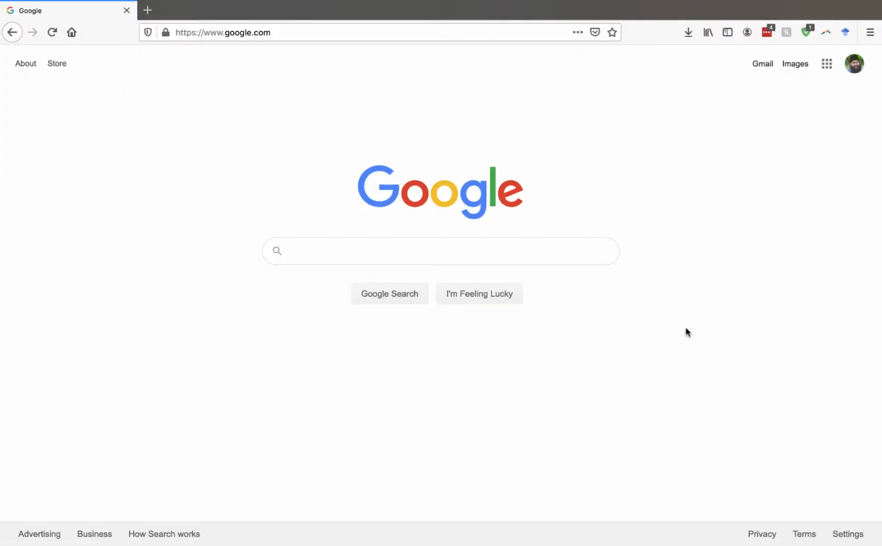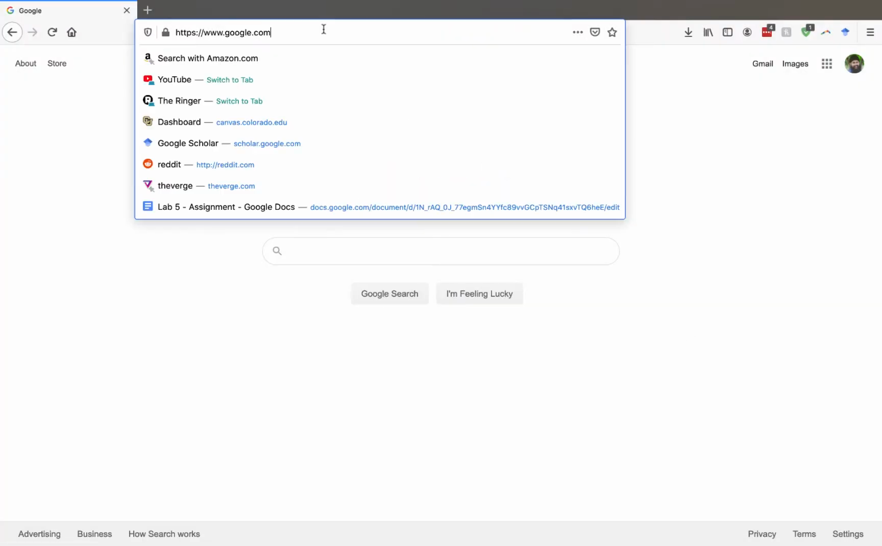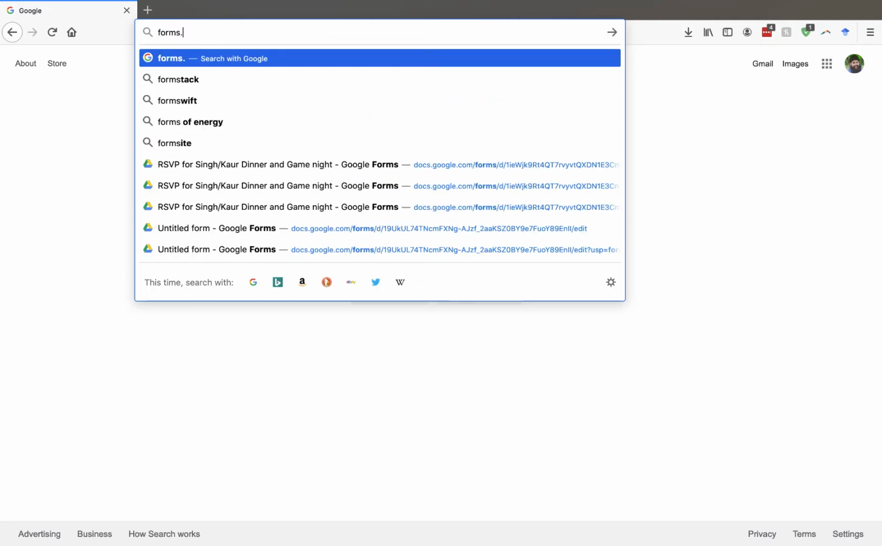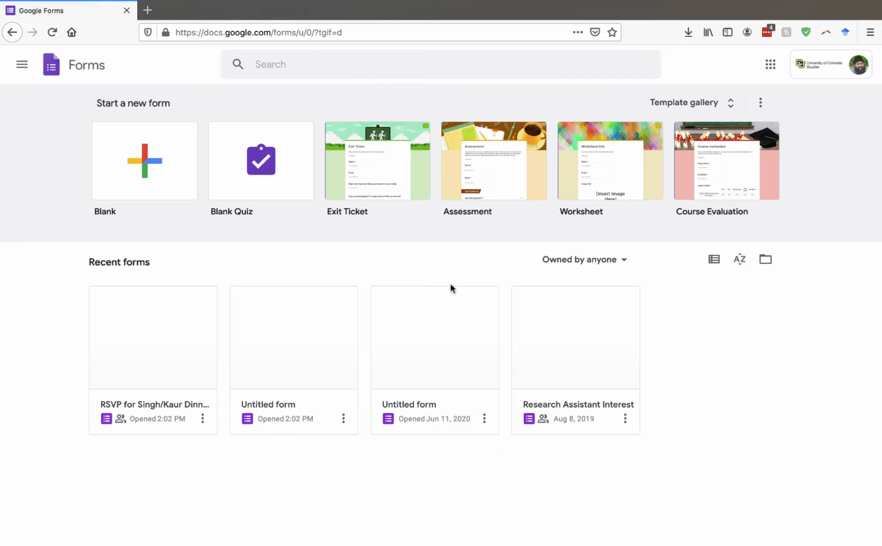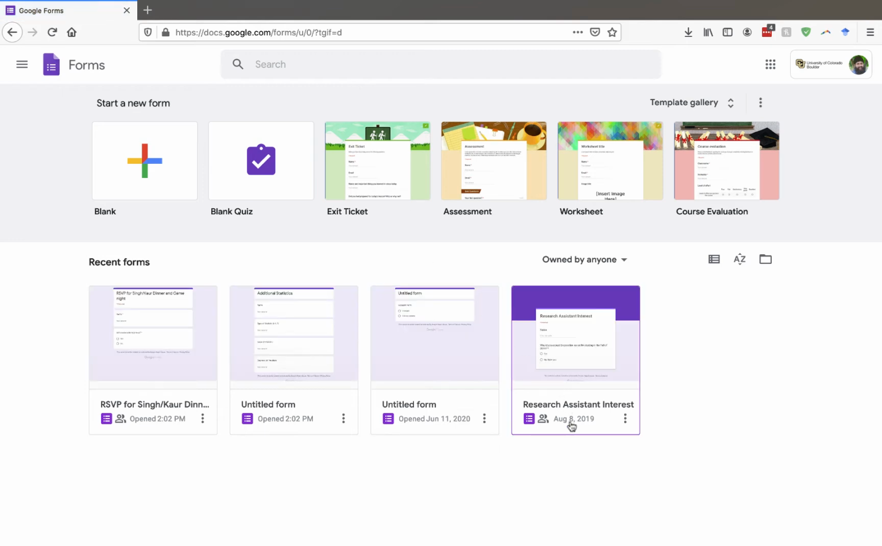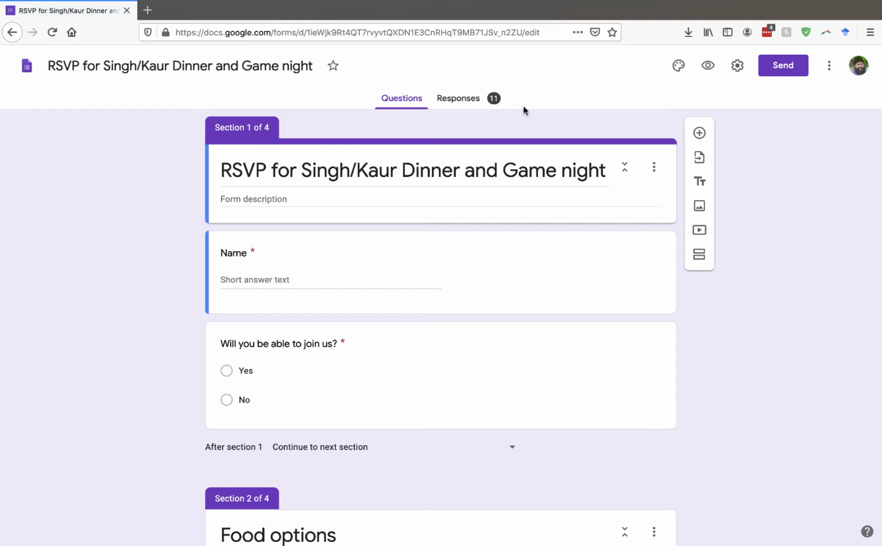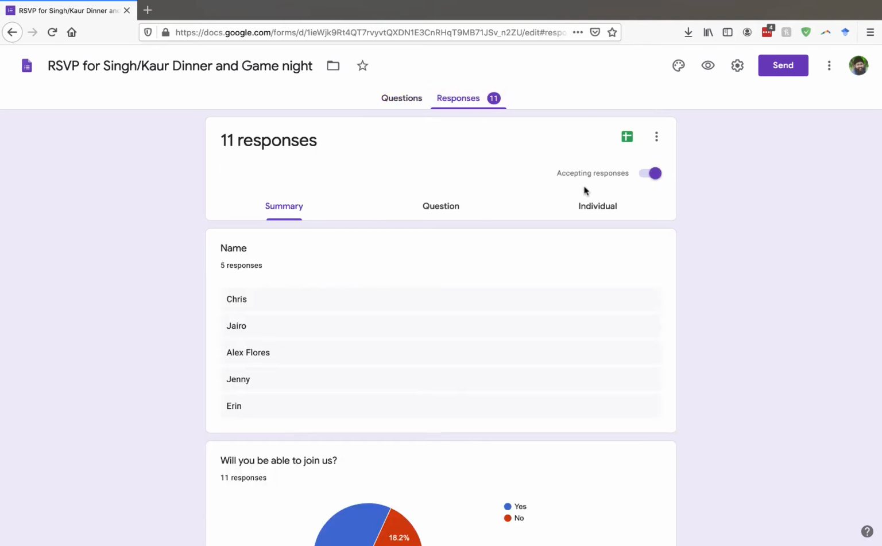First, we'll look at how to download data from Google Forms. If we go back to forms.google.com, I'm going to show you guys an RSVP form that I did for a game night that I held at my house. If you go to responses and you go to this view responses in sheets tab,